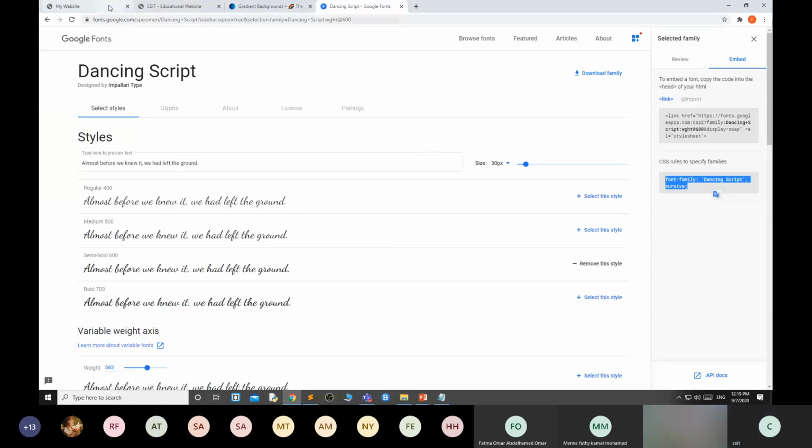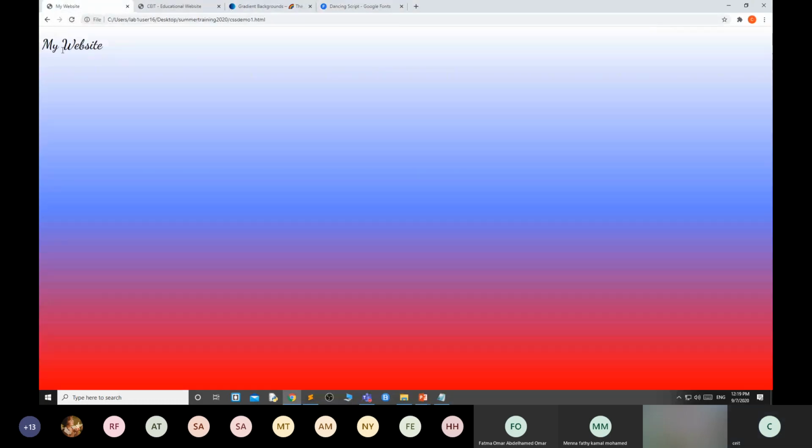Now your font has changed. Whatever you write in this web page will get this font. If you want to change it, you can do so for a particular section or div; otherwise it will apply to the complete web document.